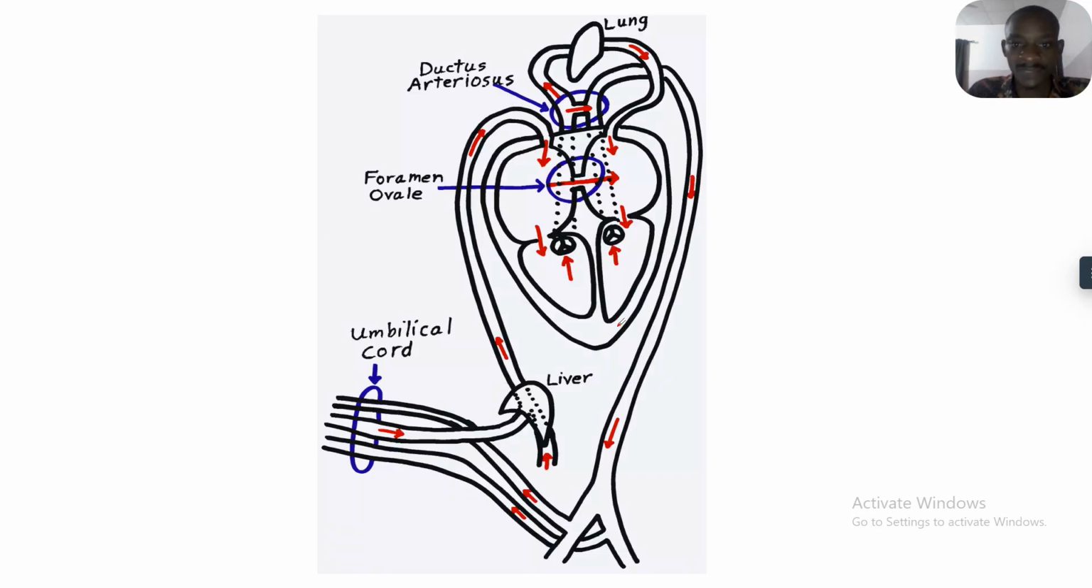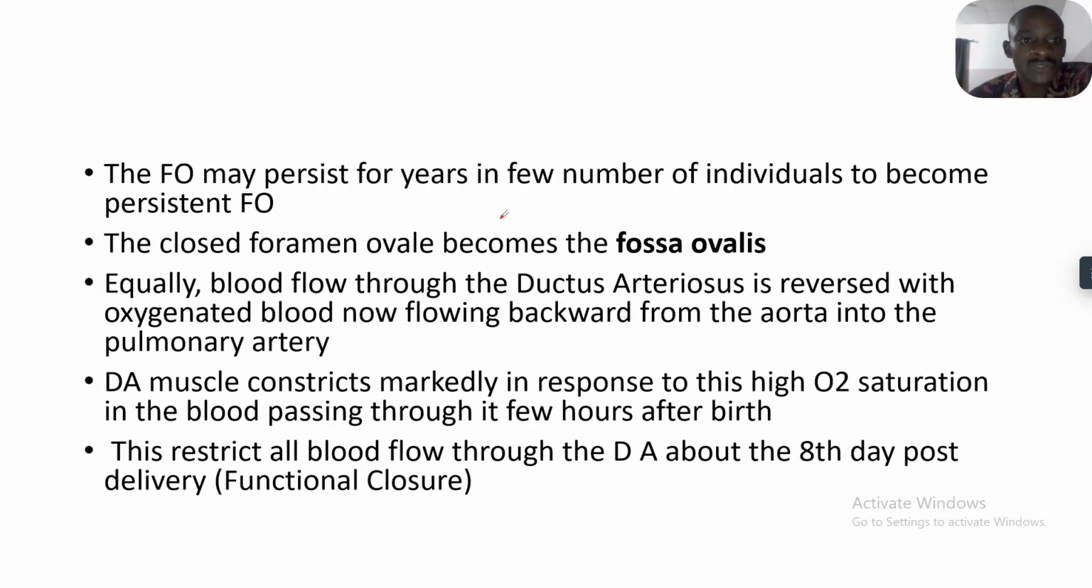All right, this is the fetal circulation, and basically what we are talking about is this foramen ovale that we spoke about. The septum primum shuts it. Let's go back and continue. The foramen ovale may persist for years in a small number of individuals to become the persistent foramen ovale. The closed foramen ovale becomes the fossa ovalis. And equally, blood flow through the ductus arteriosus